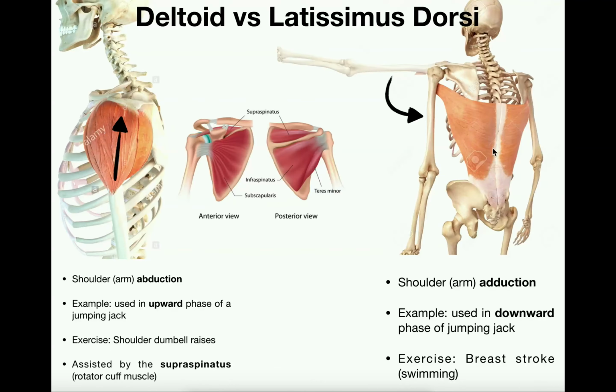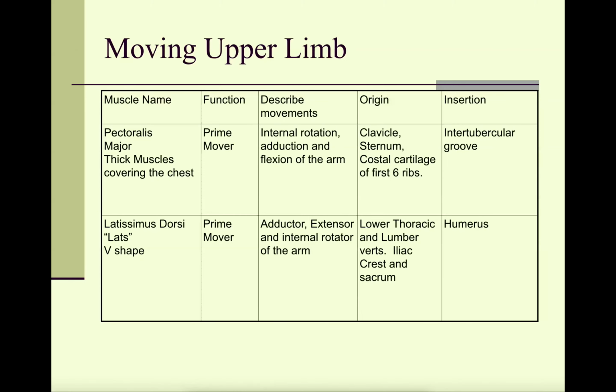So here's the latissimus dorsi. It's a very, very large V-shaped muscle. And we see that it actually inserts right here on the humerus. And so what we can say is that as long as you're moving in the frontal plane, when the latissimus dorsi contracts and shortens, it's going to pull the humerus toward the midline. Now that we've seen the latissimus dorsi, or lats,